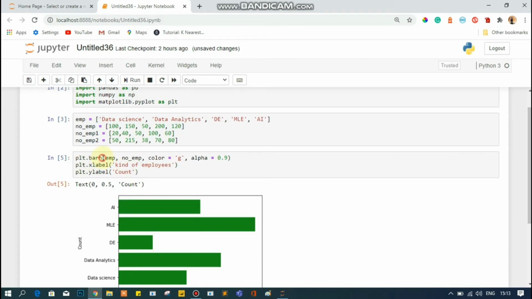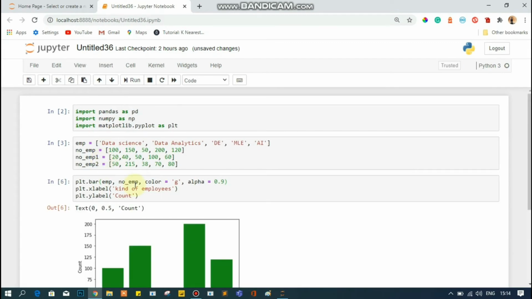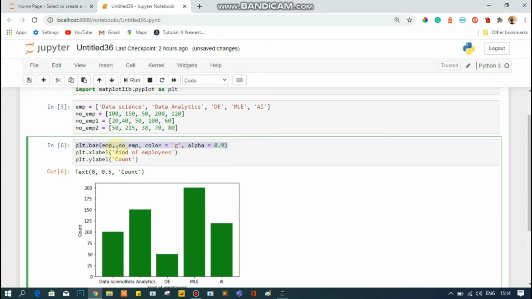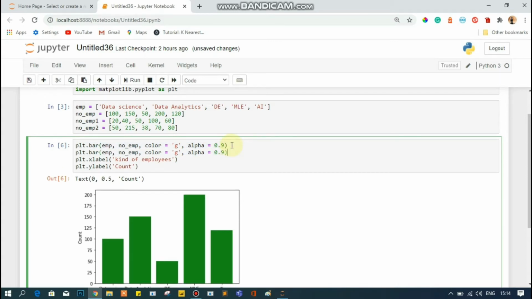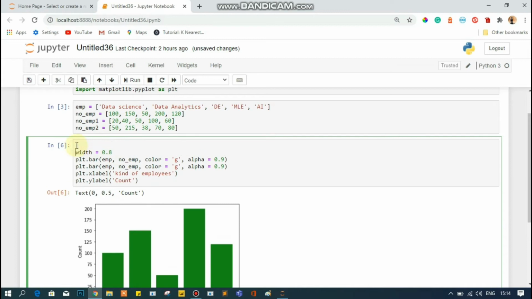Stacked bar chart, stacked horizontal bar chart, how you are going to create that. Let me show you. For creating a stacked bar chart, I'm just going to copy. Let me remove this first H, because first I will create a simple stacked bar chart. So this is our bar chart. Now I will copy this whole thing, plt.bar, and paste it below. Let me assign here width, because I want to control the width, so width equal to 0.8.